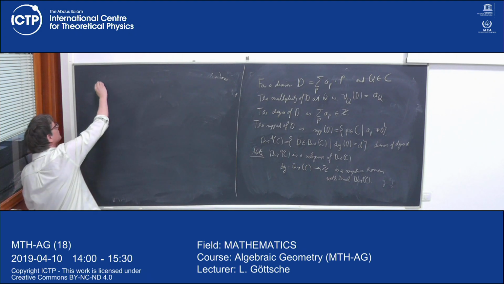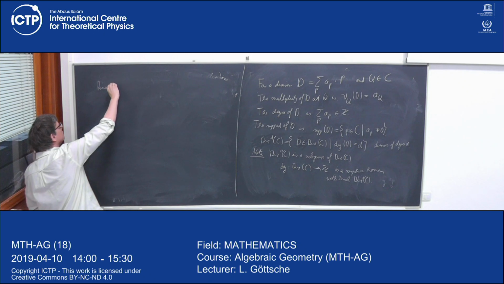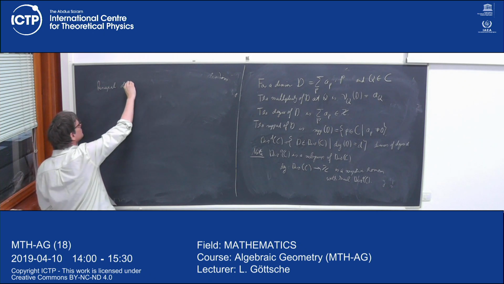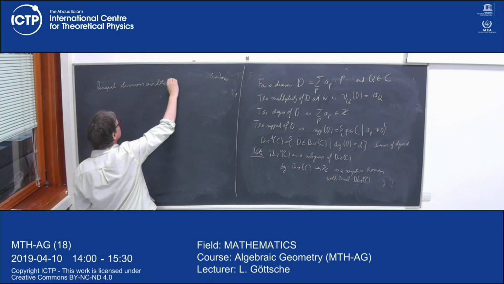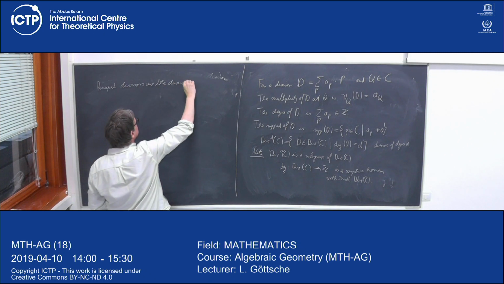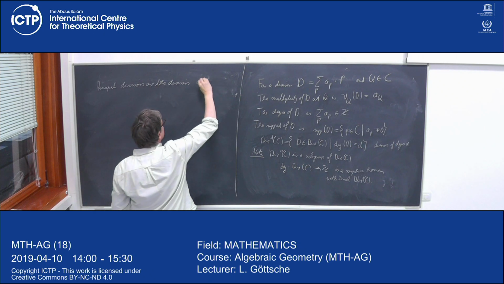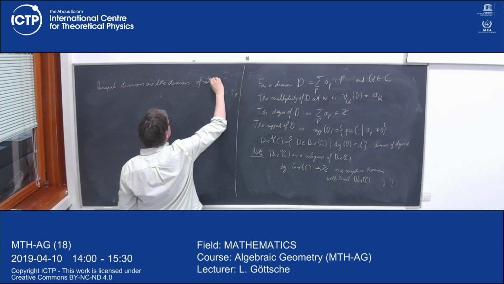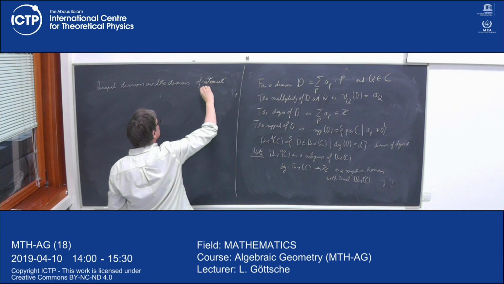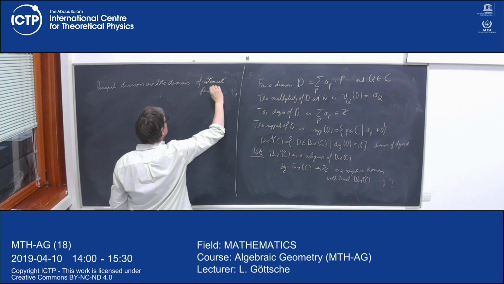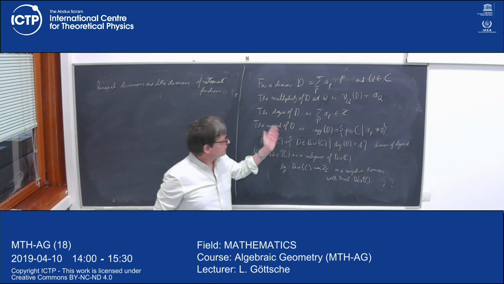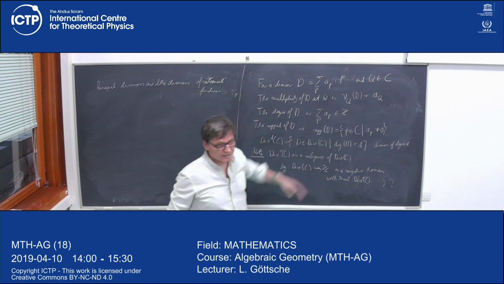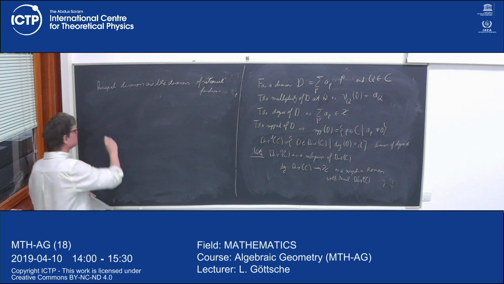So principal divisors are the divisors of rational functions. So what does that mean? We have this multiplicity of a rational function at a point, and we take just these multiplicities to define a divisor. So, definition,